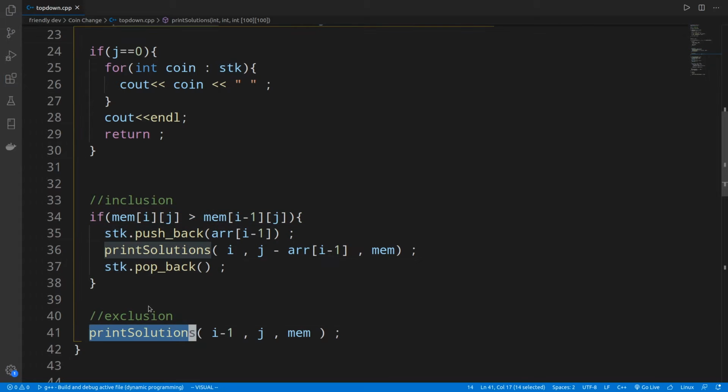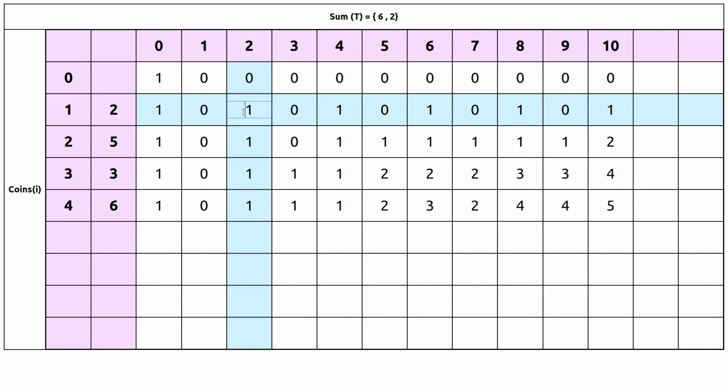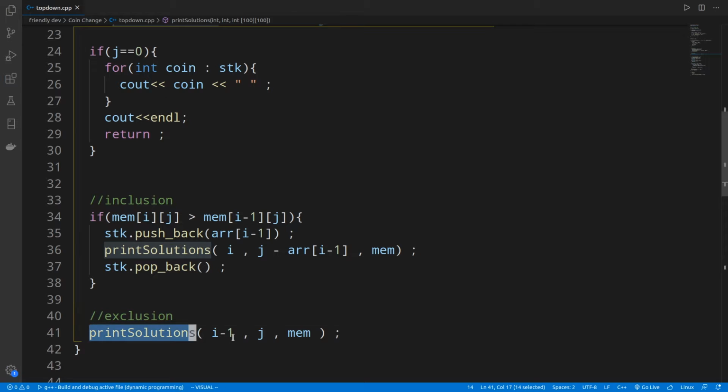Now here we continue taking the exclusion choice. Since 1 was greater than 0, we explored the inclusion choice, but for every cell we also need to explore the exclusion choice. So to explore that choice, we move on to the previous row.